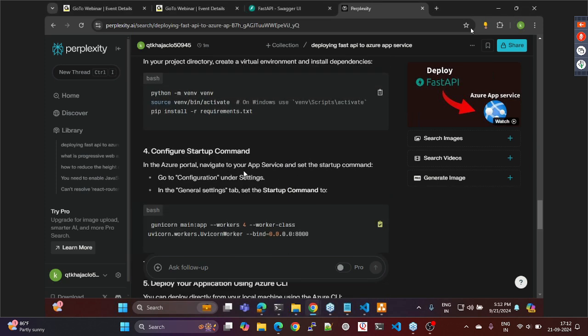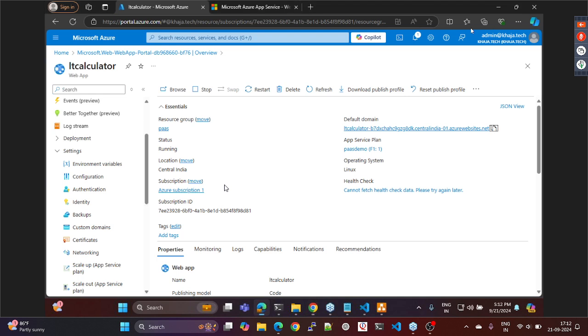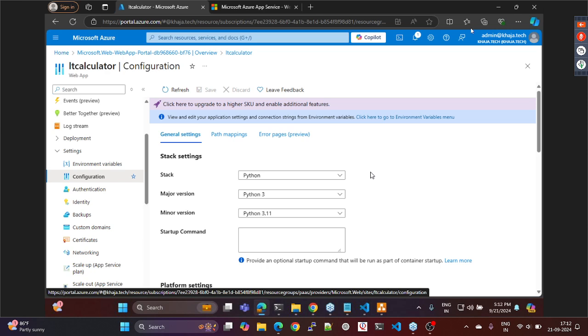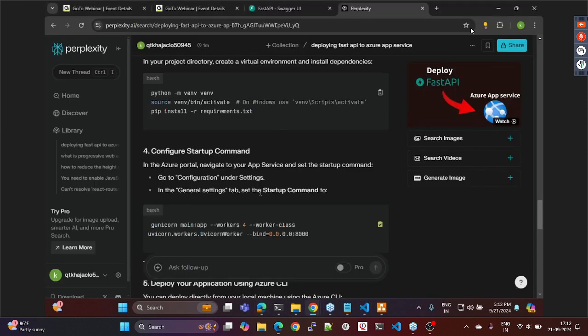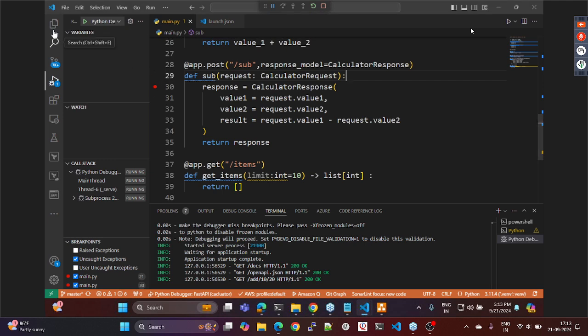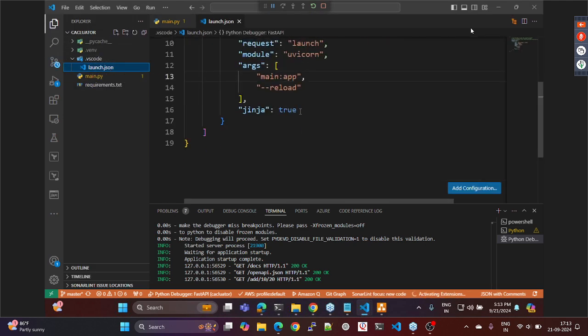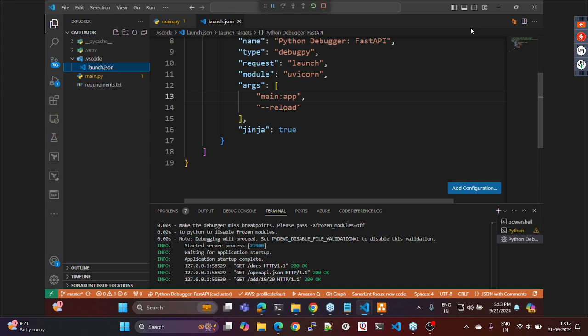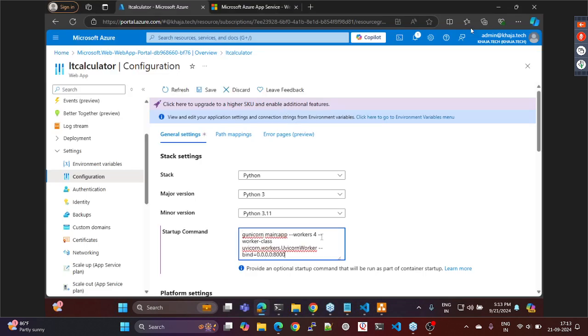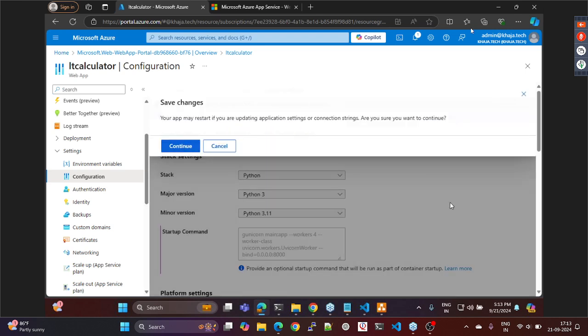Okay, so just go to the Azure portal, navigate to App Service, go to the configuration. Now in configuration, in general settings, set the startup command. So what was our startup command? If you go into here also, you will understand. The way we started up our application was we ran uvicorn main:app --reload. Right. So uvicorn with workers and bind. Okay, fine. Whatever it is, I click on